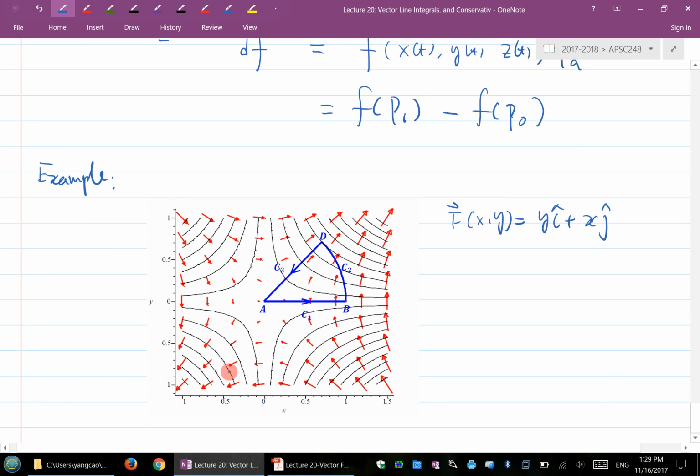It's not a spinning field, but it's not a regular field at all, right? So F equals (y, x) here, and C equals 3 segments, C1 plus C2 plus C3, which is illustrated right here, C1, C2, C3, and all together it's basically